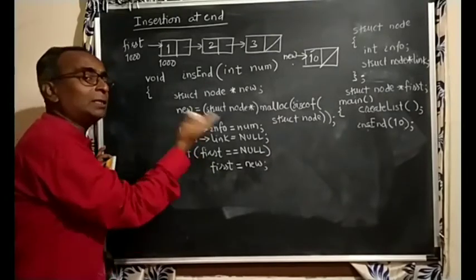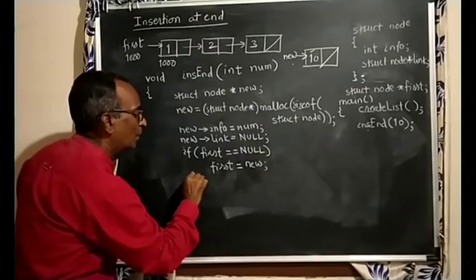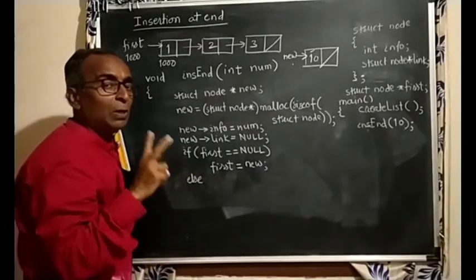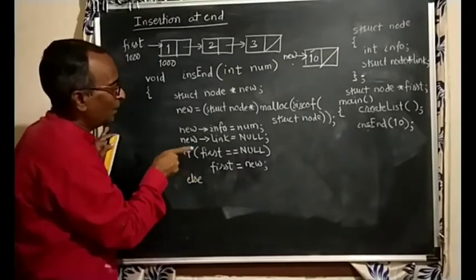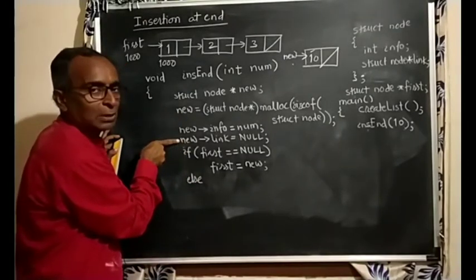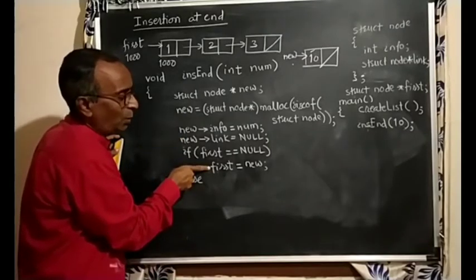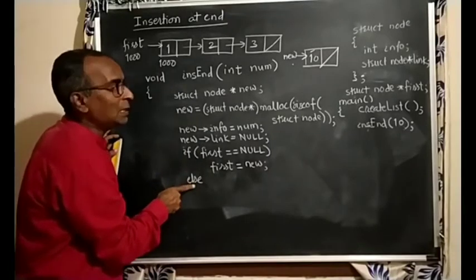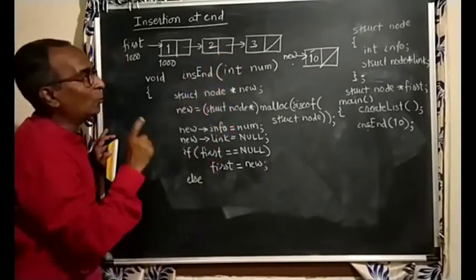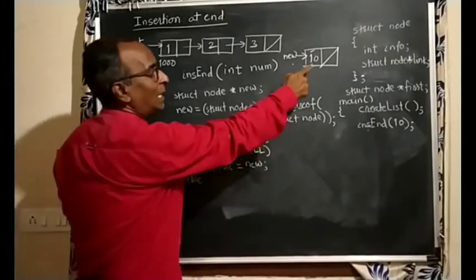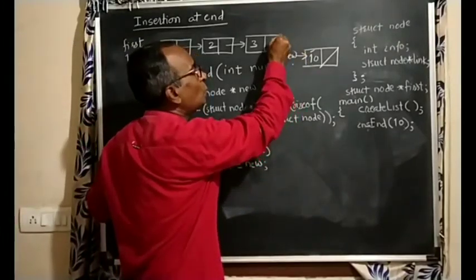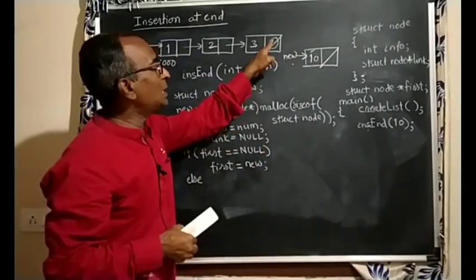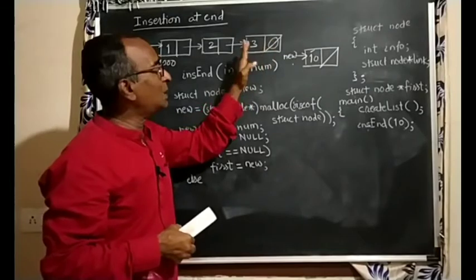If the linked list is not empty, see, I said in insertion in a singly linked list you have to adjust two pointers. The first pointer you have adjusted, new's link you have adjusted. The second pointer here you have adjusted if the linked list is empty. Now else, if the linked list is not empty, what do we have to do? For attaching this at the end, you have to set this node's field. How to access this field? Can you access it now? No.